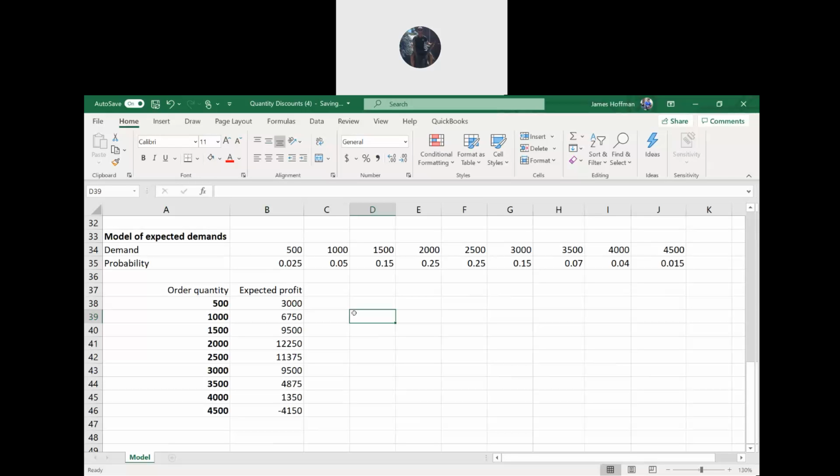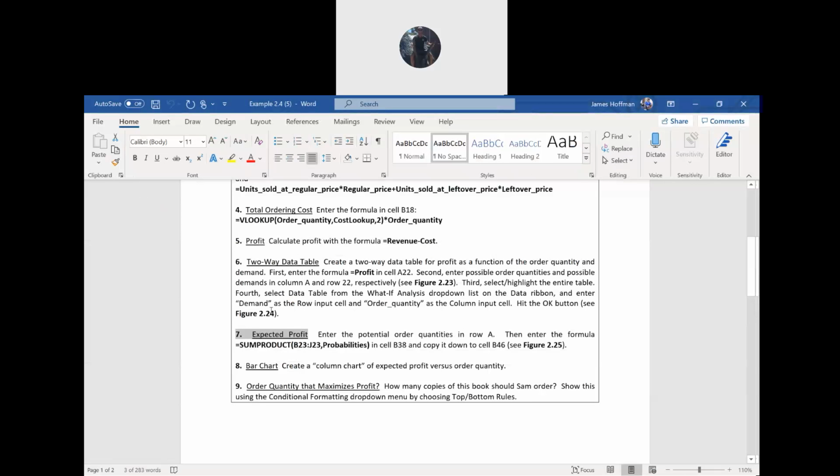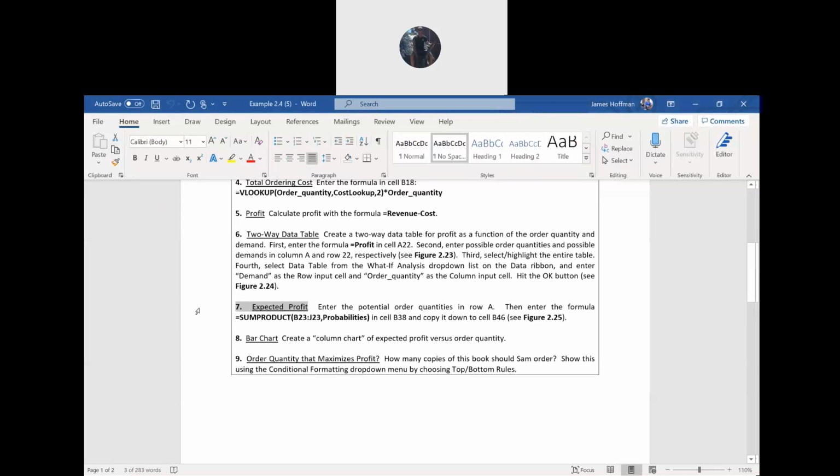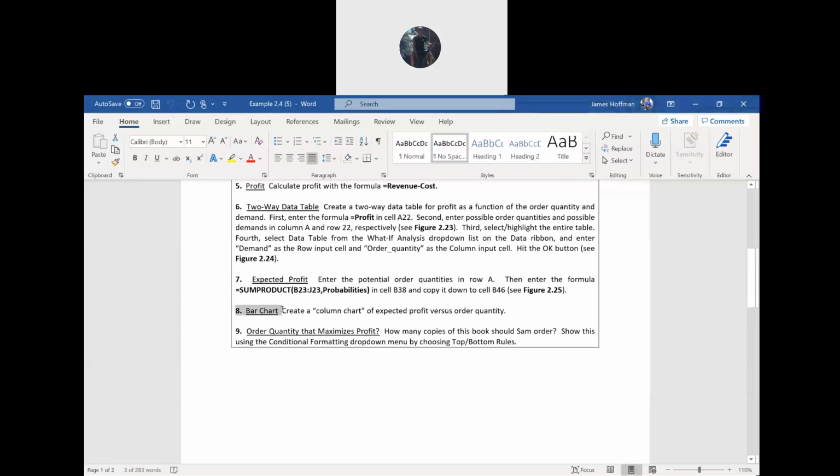So a few more things, and we're almost done here. Okay, so let's create a column chart of expected profit versus order quantity. All right, and so if you go back,